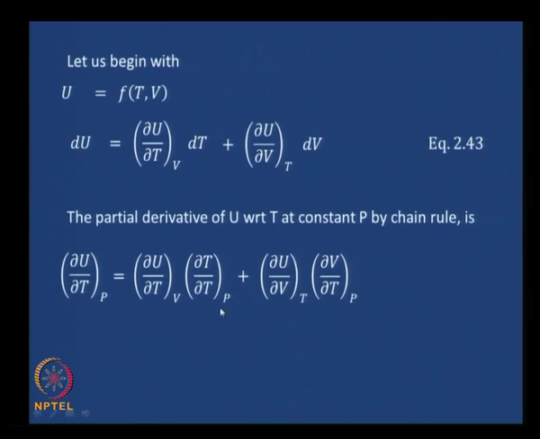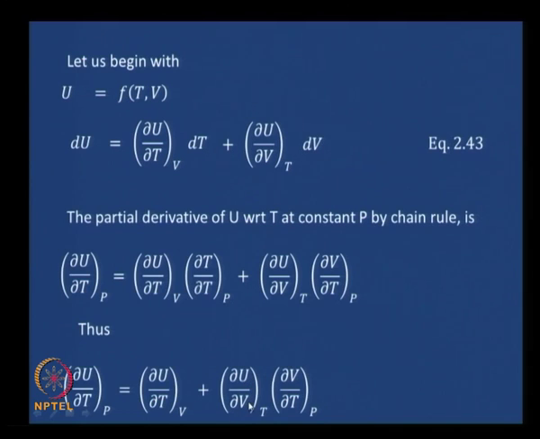You can all see that dou t dou t goes to 1. Therefore, dou u dou t at constant p equals dou u dou t at constant v plus dou u dou v at constant t dou v dou t at constant p,